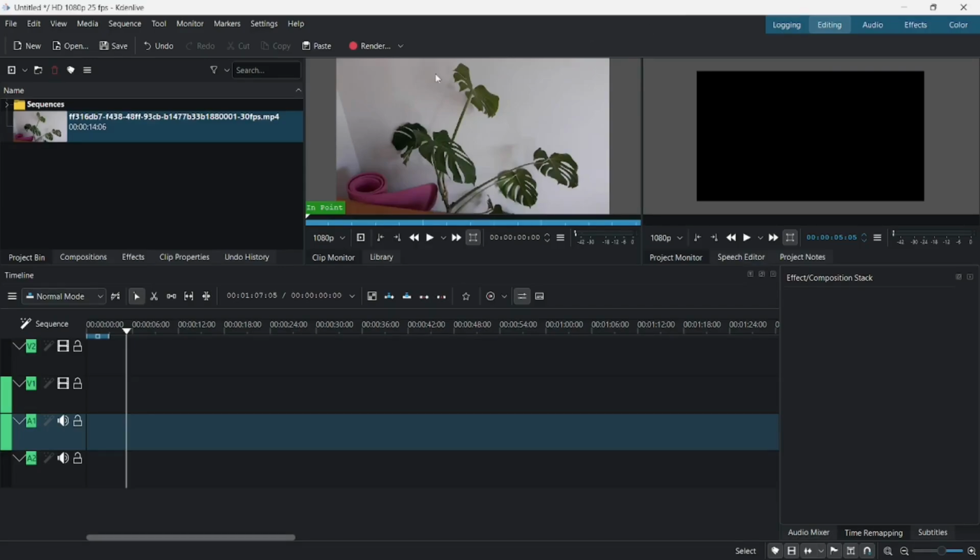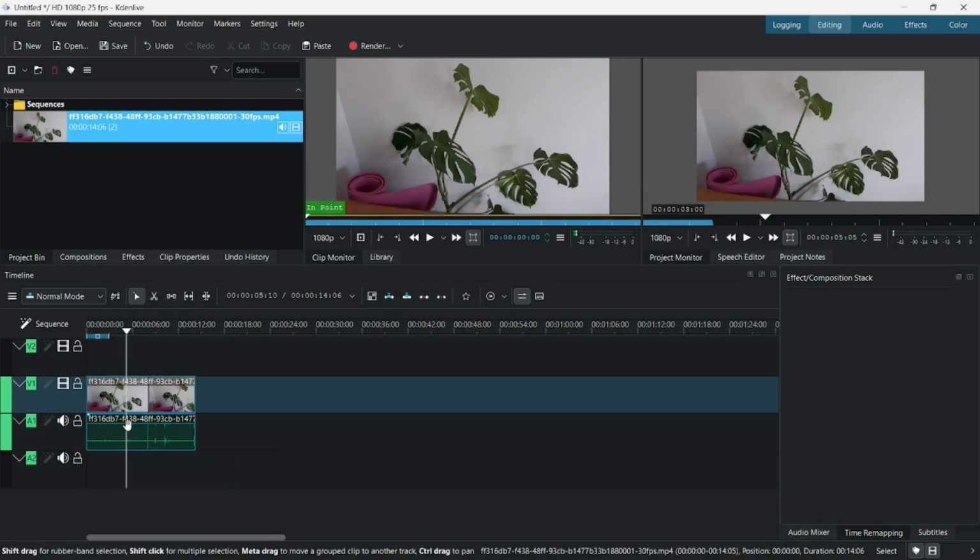Hi, today we'll learn how to generate noise in Kdenlive. So for example, we have here this video added to the project, and if you want to edit it, we need to drag and drop this video to the timeline, and then we need to click on our video